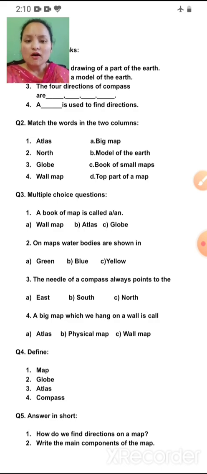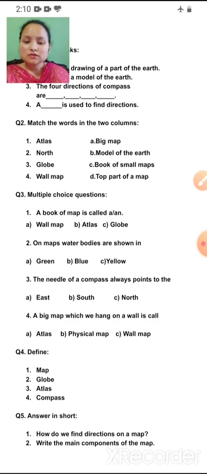First, a book of maps is called an atlas. On maps, water bodies are shown in blue color. The needle of a compass always points to the north. A big map which we hang on a wall is called a wall map.